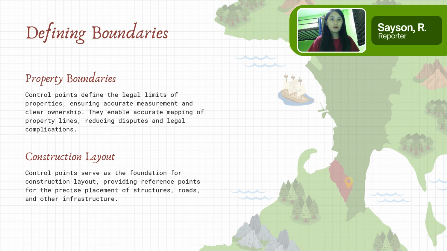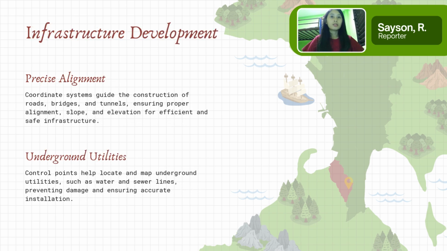Without these control points, even minor miscalculations can result in significant structural misalignment. Before constructing a high-rise building, engineers place control points on site to ensure the foundation and floors are aligned precisely, preventing structural misalignment. Coordinate systems guide the construction of roads, bridges, and tunnels, ensuring proper alignment, slope, and elevation for